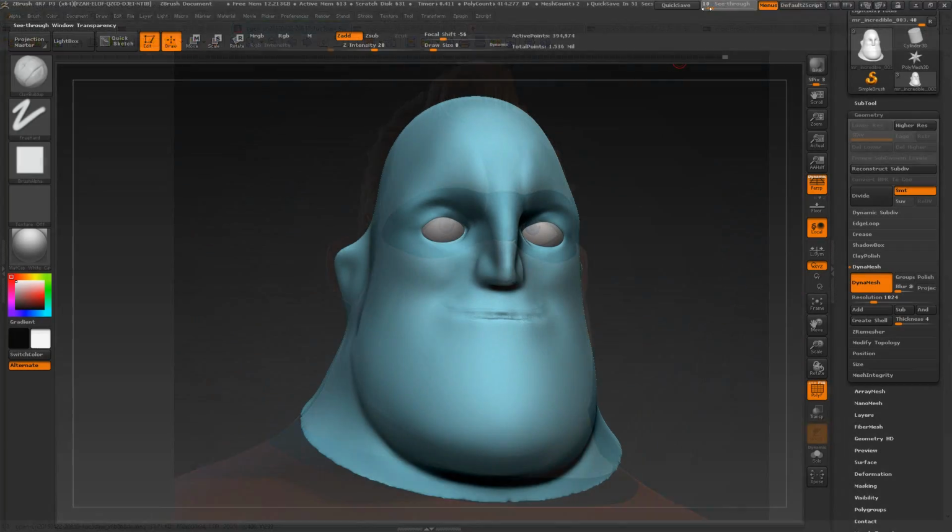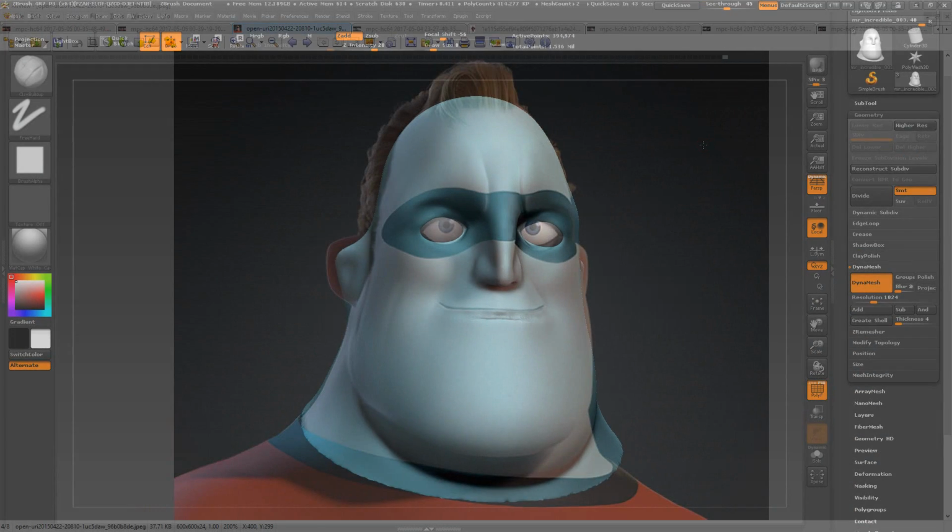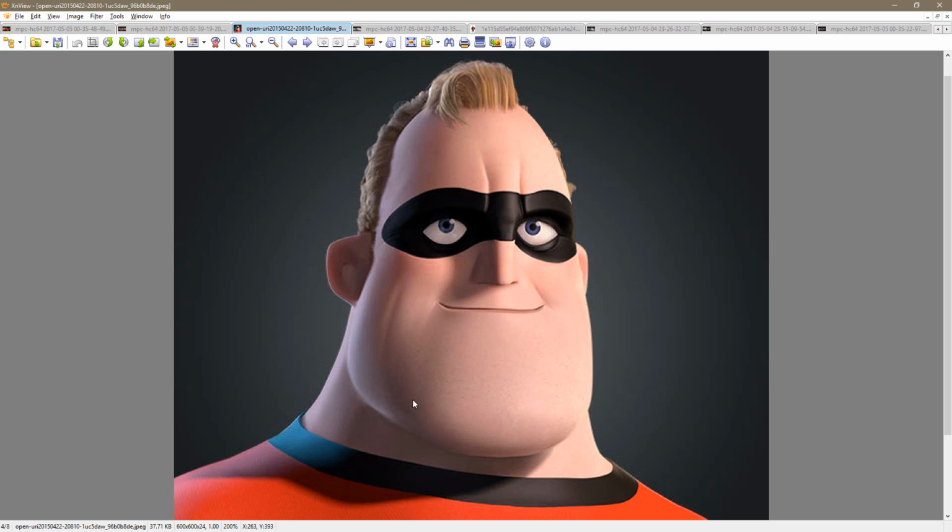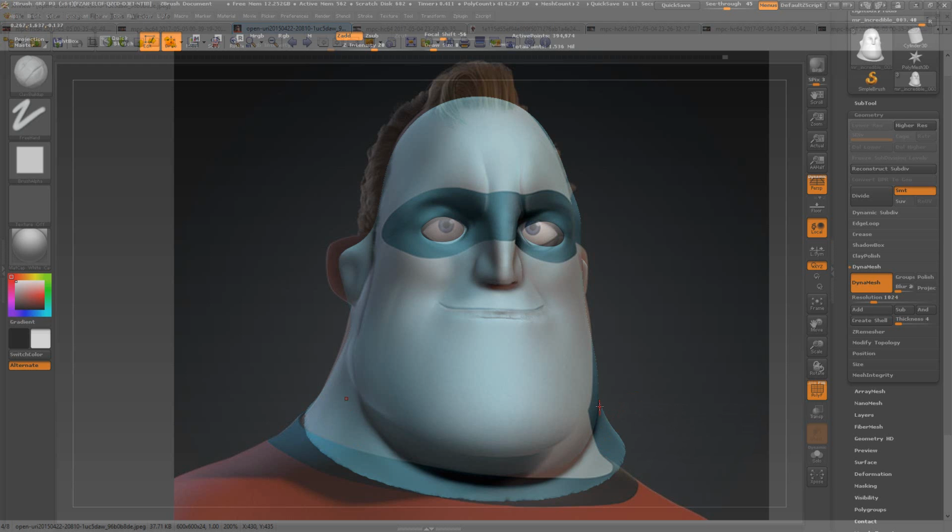Let's do something like this maybe, and something like this. Let's use this view again. Also, our character here is perfectly symmetrical, while this character here is posed. So every time the animator poses the character, obviously part of his body will deform accordingly. Like the neck, you can see there's just no way this is gonna be perfectly aligned, but we don't really care. I'm just gonna roughly align